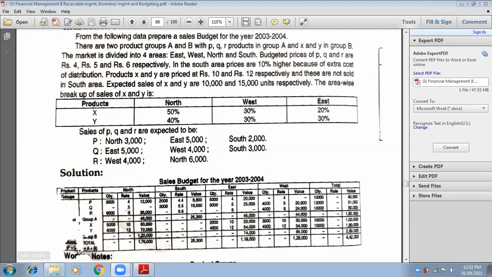Now what you have to do? PQR. You have to take a vertical total of that. Vertical total. Only values are okay. If you do quantity total and value total, that is also okay. Now do it. Write down under PQR, group A. Now draw a line above that and draw a line below that. That means it should be in a block. I hope you know how to make a block.